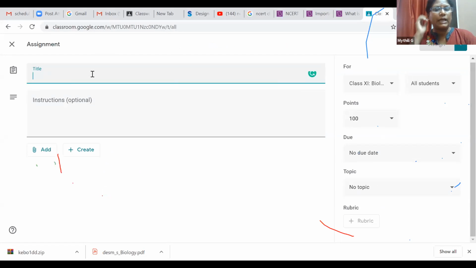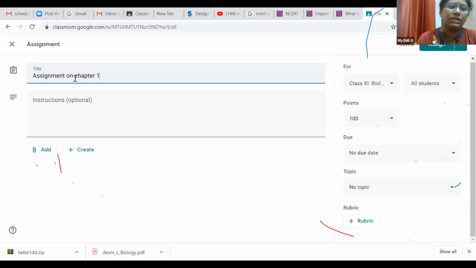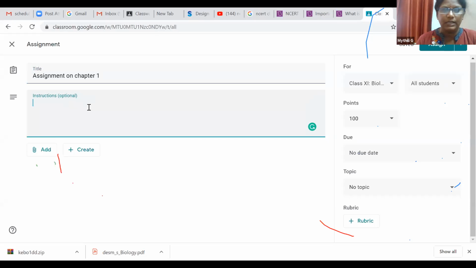So this is the title I'm going to give this assignment: chapter 1. Since we have created this biology material, I will continue with this. You can give the instruction to the student of how to go about the assignment.